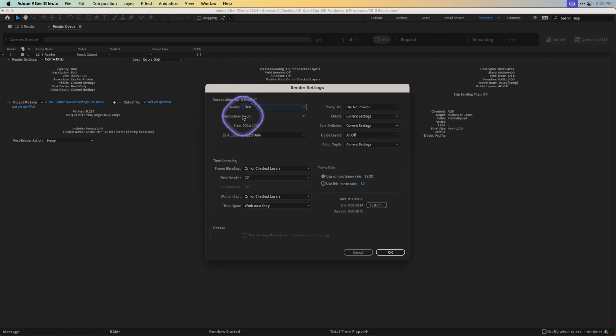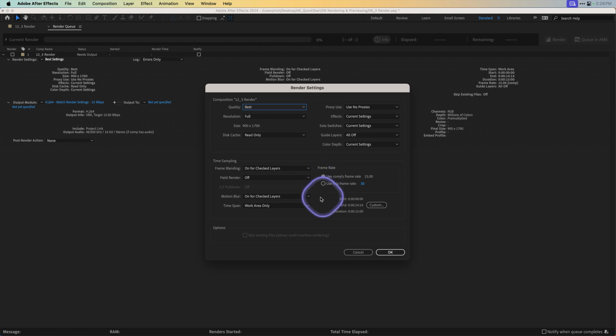Best quality, full resolution. Well, that entails pretty much what you want most of the time, unless you're just doing something for quick review. Then you could drop it to draft quality, for example. I'm going to use all effects and respect all switches, so this best template works pretty well. And I want to make sure that frame blending is turned on, and if I was working with footage, I can use fields,